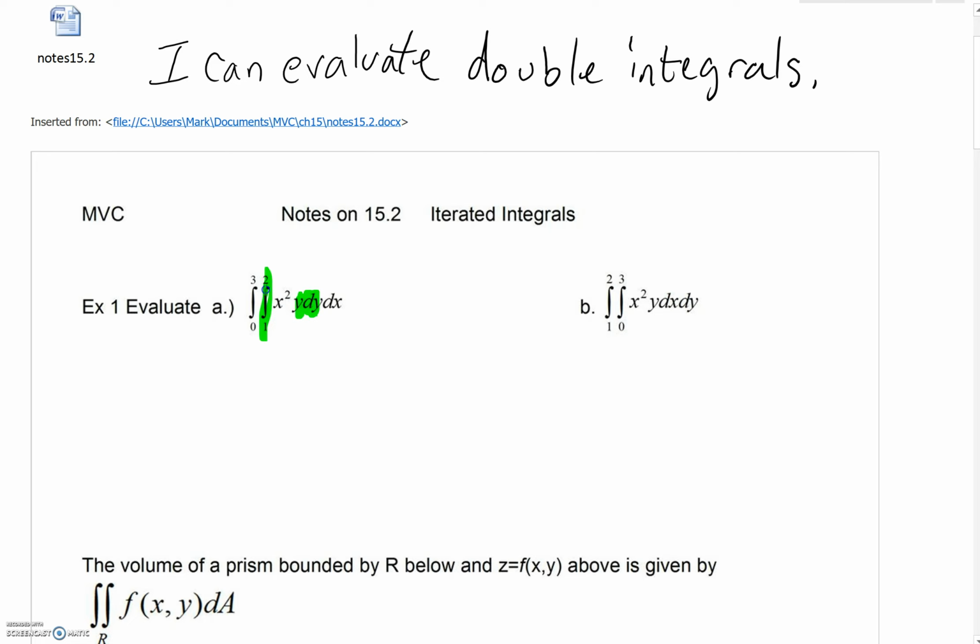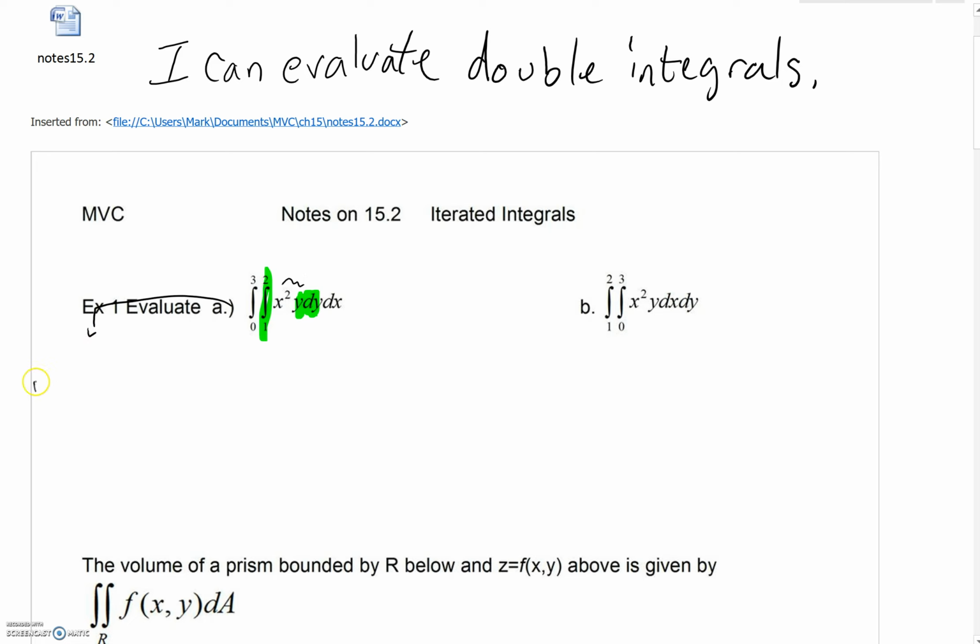What you do for a double integral, we're not going to approximate them like we did before. We're going to find the real true value. As you look at the integrand, of course, there's x squared y. But right next to the y, the innermost differential is a dy. That means we'll integrate with respect to y. The most inside integral has bounds of 1 to 2. Those are y values. So let's take our antiderivative with respect to y,